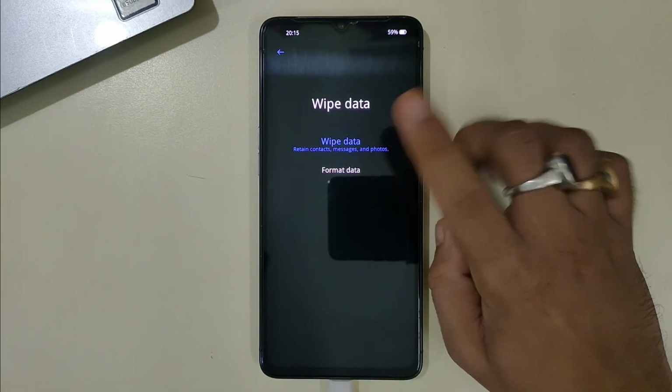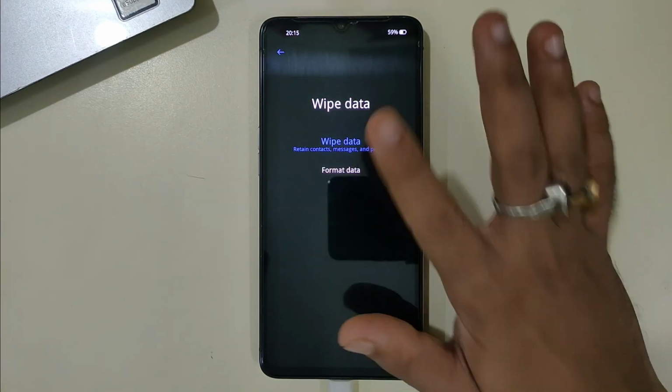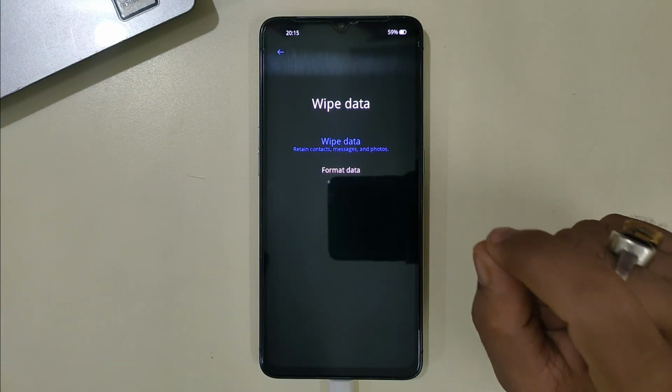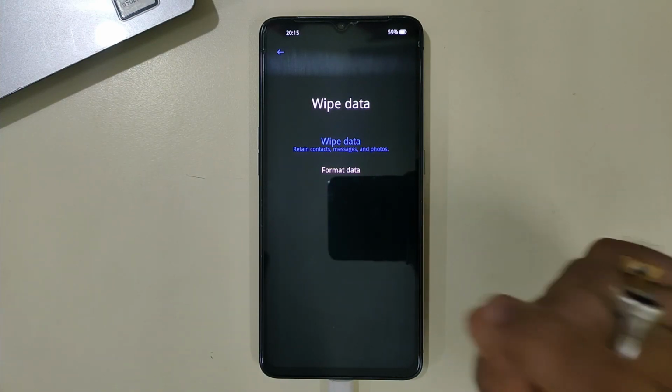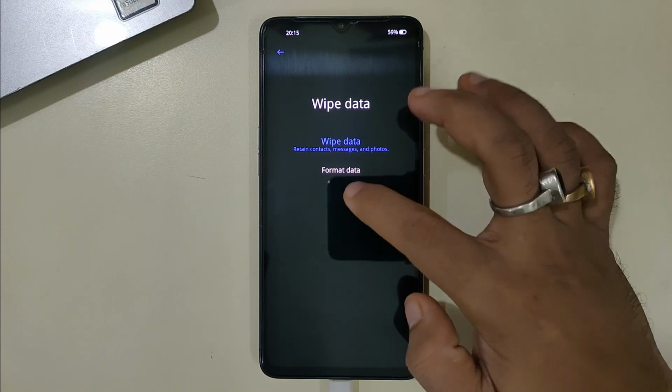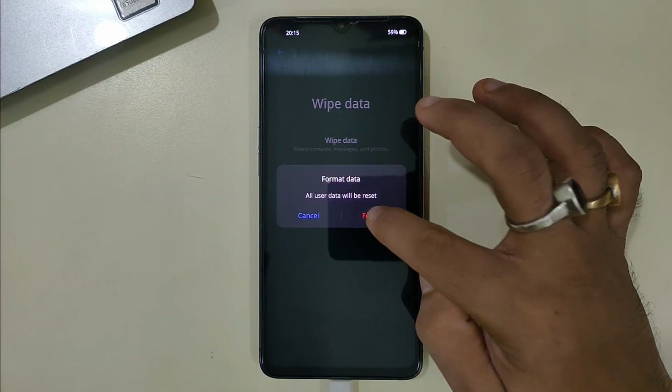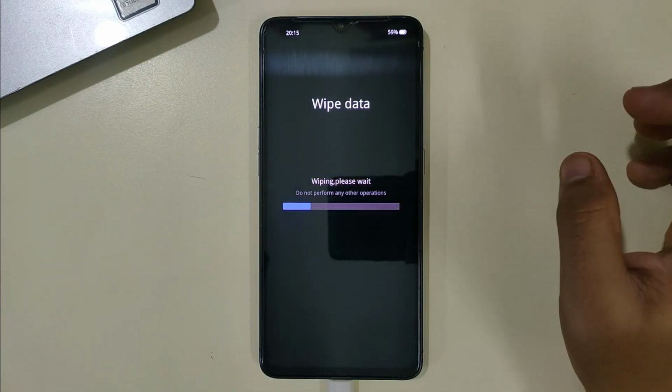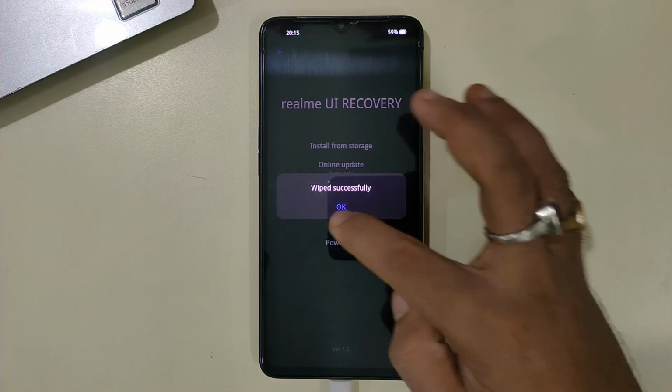Now don't touch the wipe data option. We have to use only format data. Never wipe data from here, only use the format data option. Now click on format and just wait. Now click on OK